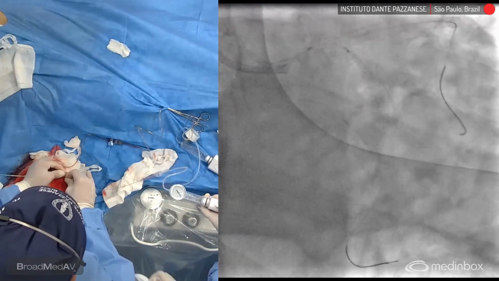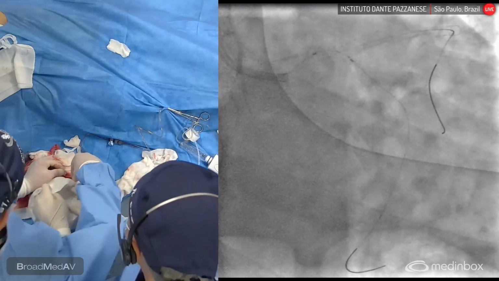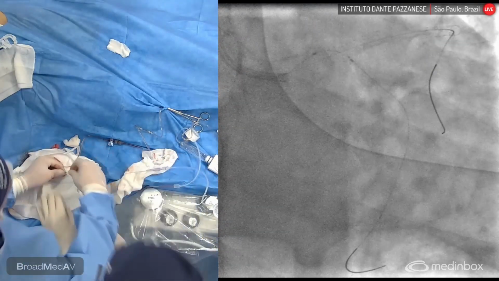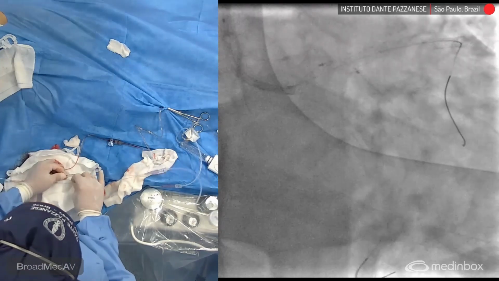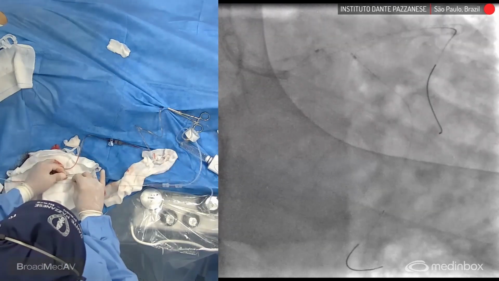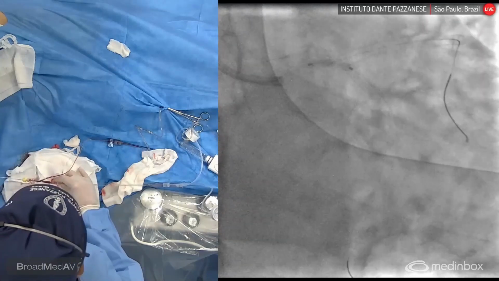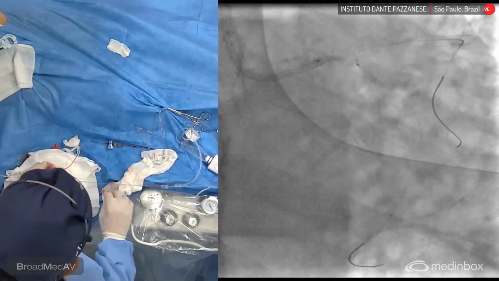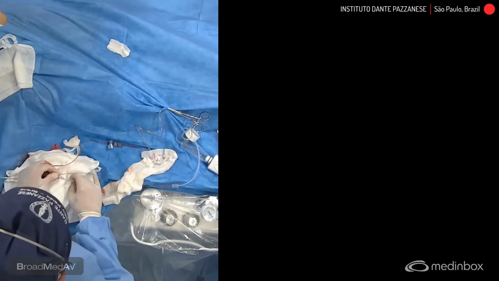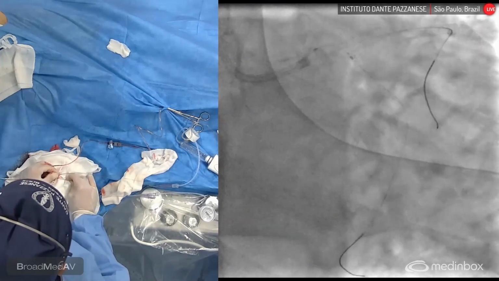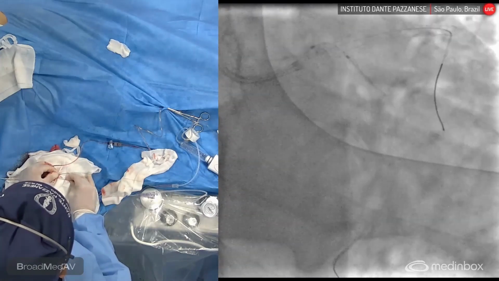Okay. So Rodolfo just advanced what could be advanced. Go high pressure, reposition the guiding catheter for more support. It's a good flaring, so he can work without causing